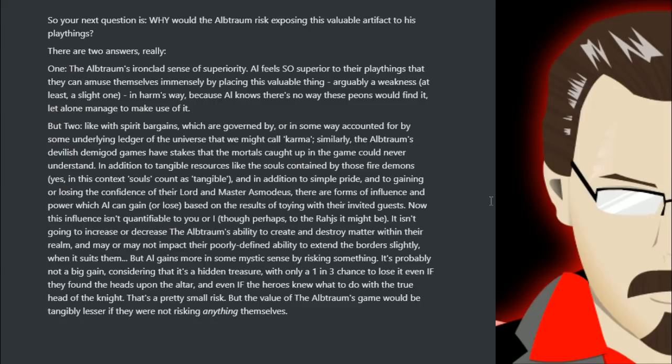It's probably not a big gain, considering that it's a hidden treasure, with only a 1 in 3 chance to lose it, even if they found the heads upon the altar, and even if the heroes knew what to do with the true head of the Knight. That's a pretty small risk. But the value of the Outro's game would be tangibly lesser if they were not risking anything themselves.